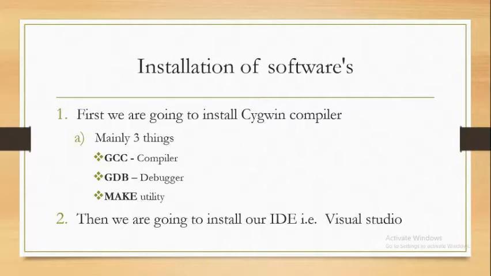That is our IDE. Okay, in Cygwin compiler we're gonna install mainly three things: GCC, that is the compiler; GDB, that is the debugger; and make utility. Make utility sees which source files have object files and which do not. Hence it recompiles only those source files which don't have object files and which were not compiled because of errors. And as you know, Visual Studio Code is our IDE that is super cool. Now let's go into Google Chrome and install it.